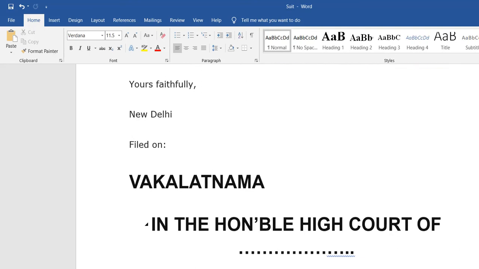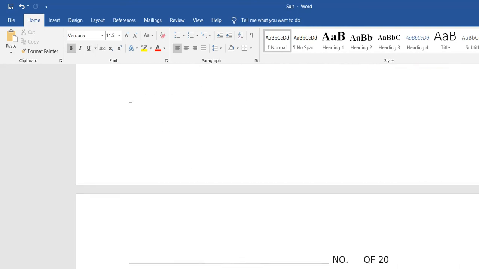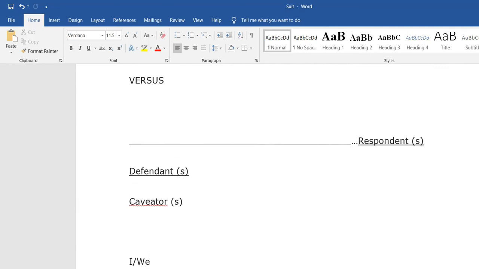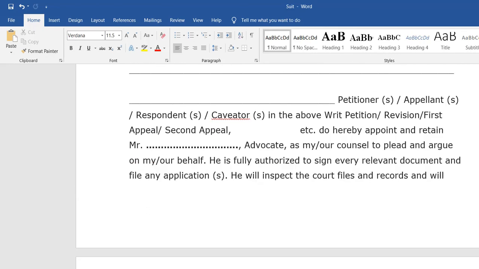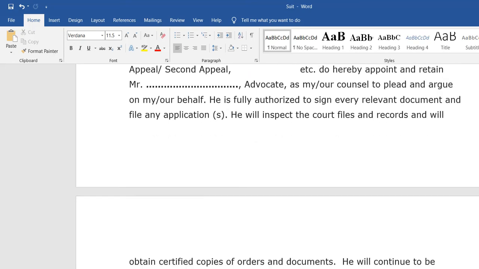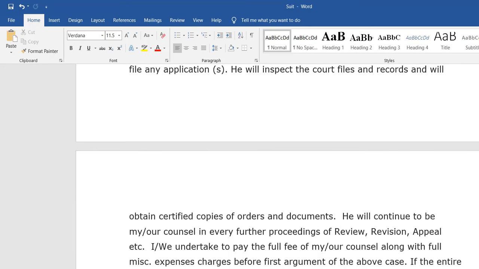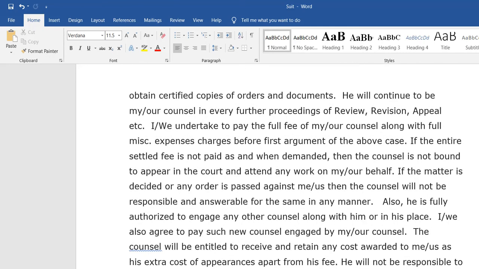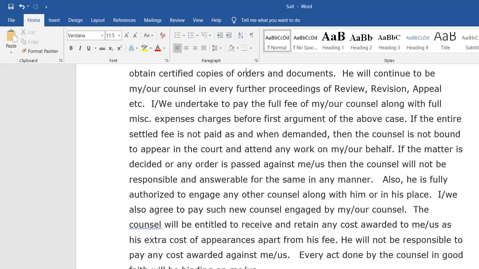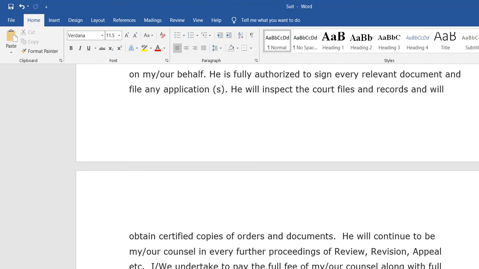And here you can see the Wakalatnama looks like defendant, caveators. You have to give a detailed description that he is my advocate and he has the responsibility on behalf of me. So the advocate has all the options to take care of his client through this Wakalatnama.